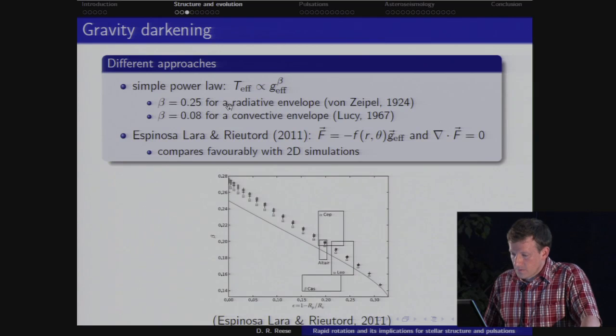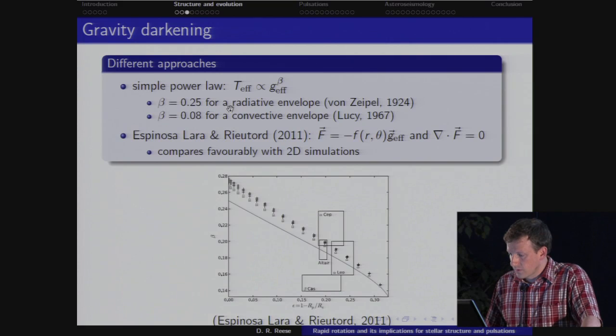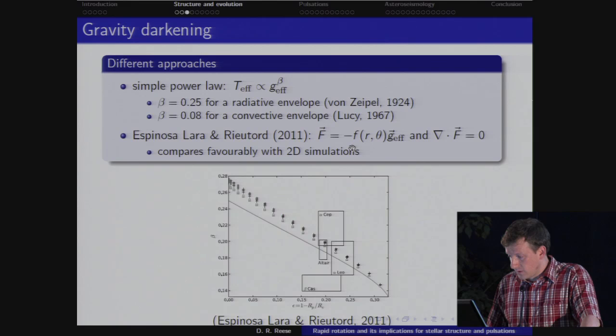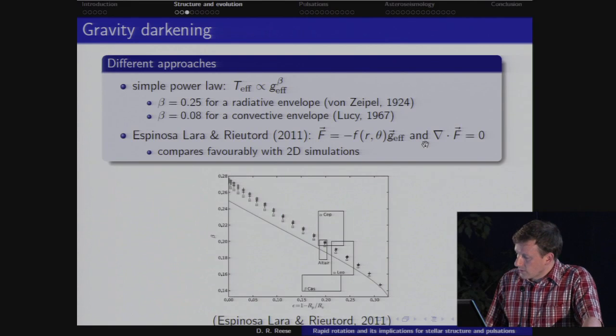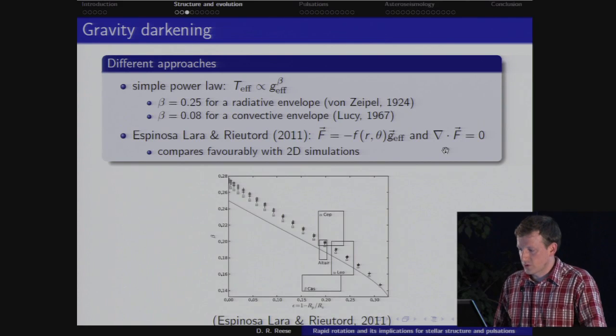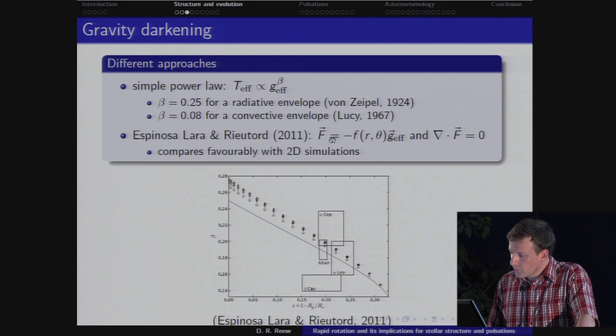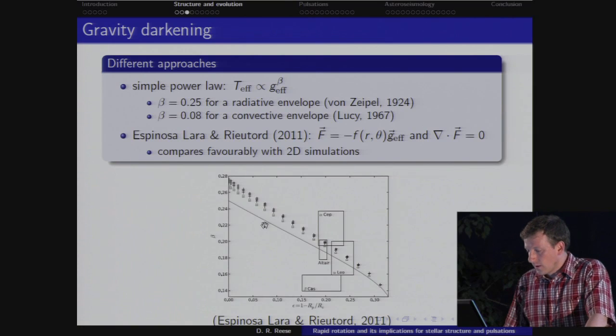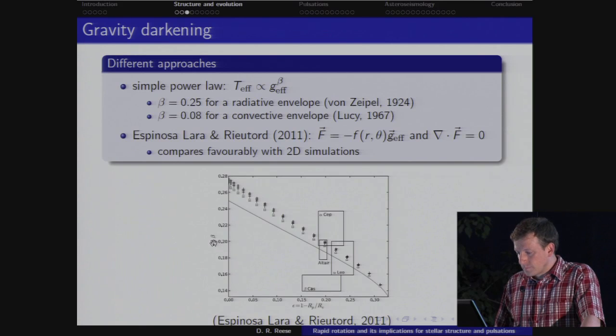Then more recently, Espinosa Lara and Rieutord came up with a different law, which is based on the assumption that the radiative flux is parallel to the effective gravity. And then they just simply worked out the consequence of saying that the divergence of the flux is zero because you're not generating energy in the outer portion of the star. And so when they worked this model out analytically with the Roche model, they come up with a slightly more sophisticated law. And so here in this diagram,